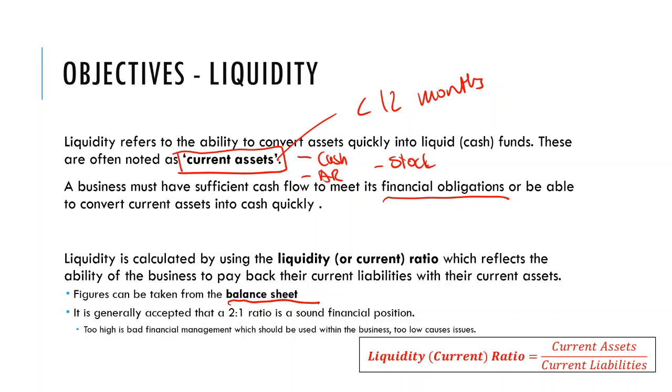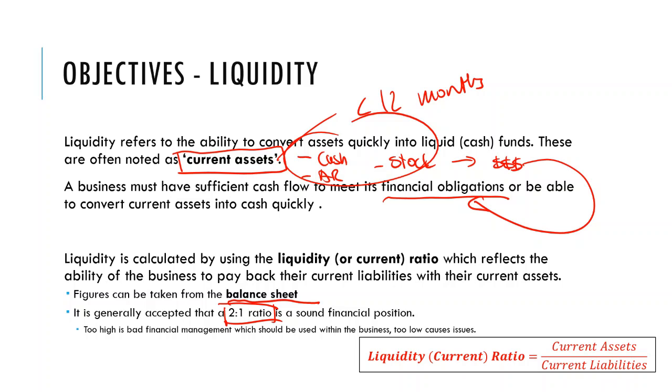With all these things, we can sell, turn into cash. And with this cash, we are able to pay off our debts. We have liabilities that need to be paid off in the short term. Now, this is all about liquidity, and generally a 2-to-1 ratio is accepted. I need double the amount in